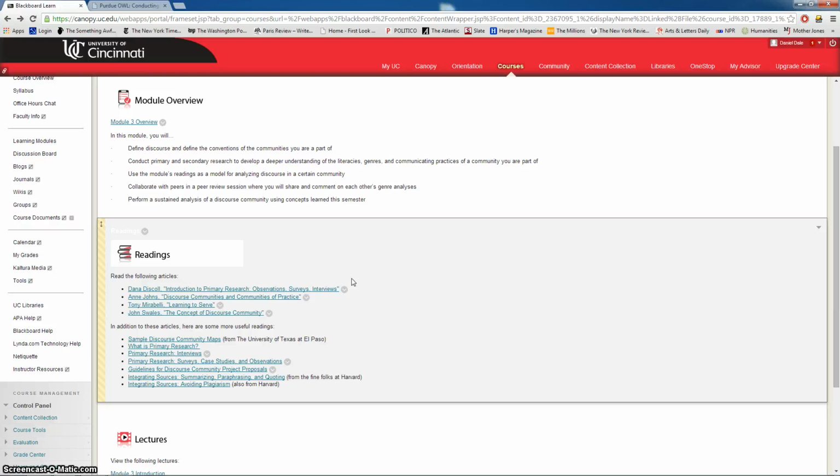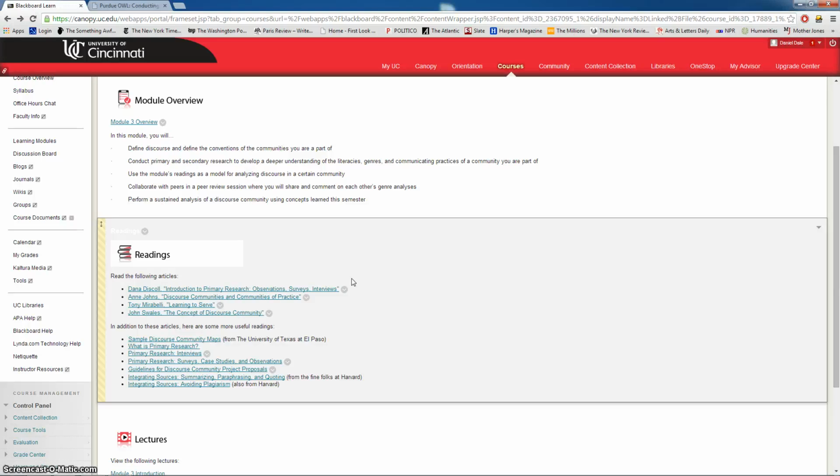Secondary research is the kind of research that you're probably used to doing mainly. That would include stuff like going on a library database, going to the library and grabbing a book, looking at newspapers, looking at government websites. The kind of research where you find something done by someone else and bring it into your own work and use it in a different way or use it to support your argument, etc., etc.